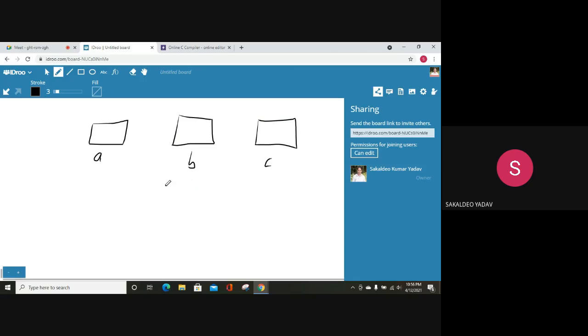Now what should be our approach? We will see step by step. First I will explain the algorithm, that means the set of steps to find the largest, and then I will show the code so that you can easily understand. So let me write the algorithm first, how you can solve this problem.